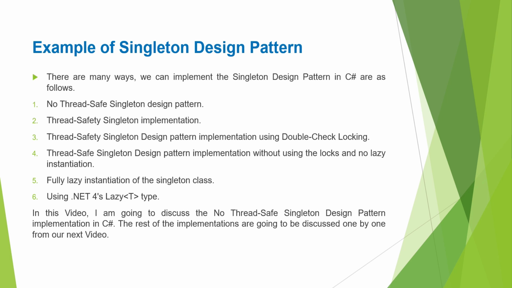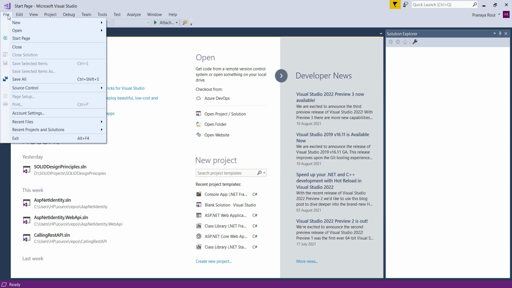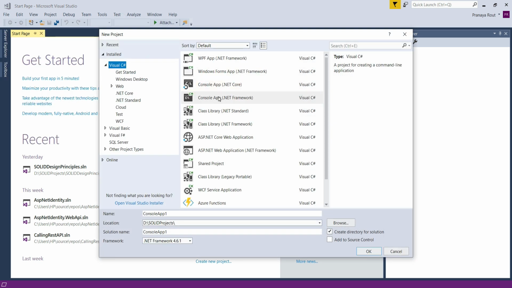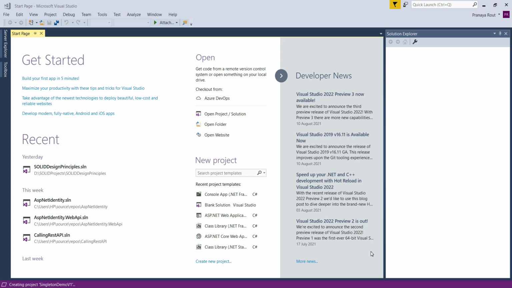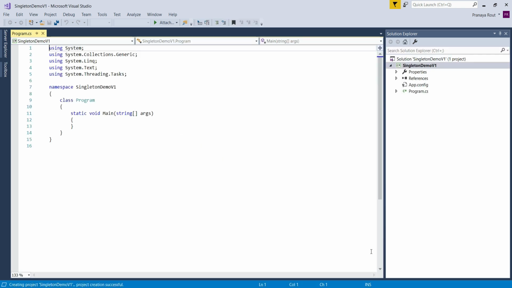So let us open Visual Studio and create a new console application. Just create a new console application, write new project, and give the console application name as SingletonDemoV1.